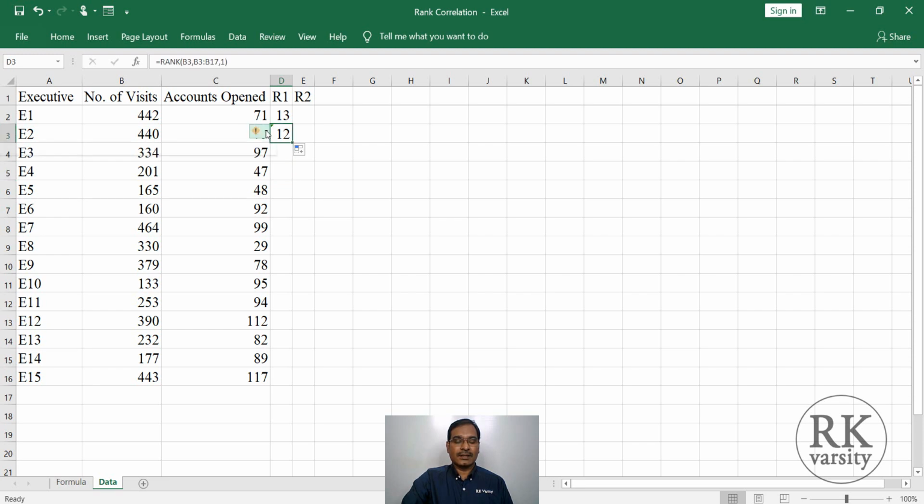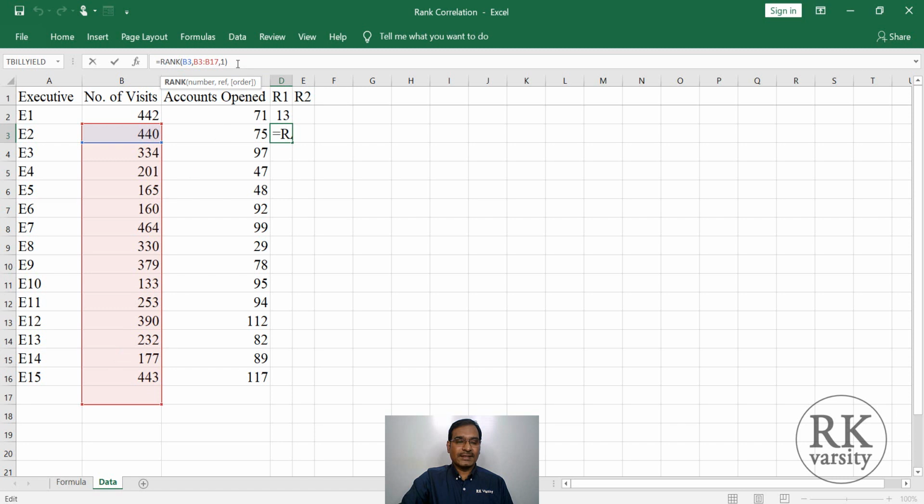Alright, and click here. It shows formula omits adjacent cells. Now what is wrong with this, just click on the formula bar here and observe the series. So here when you drag this from D2 to D3, what happened is Excel moved one cell below, that is from B16 to B17, but actually we want it only up to B16. That is B2 to B16 should remain constant all the time.